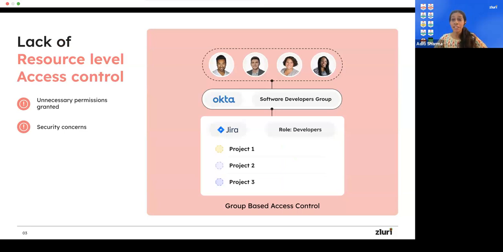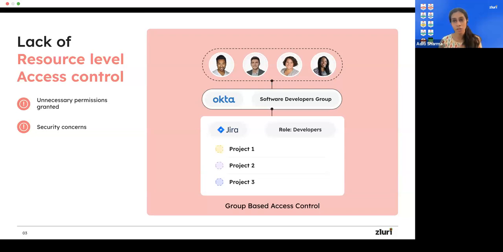The first big challenge that we've heard about group-based access control is that teams lack resource level access provisioning and deprovisioning with groups. Let me quickly walk you through what exactly I mean by that. Let's assume that in a company, there is a software developers group set up in Okta.